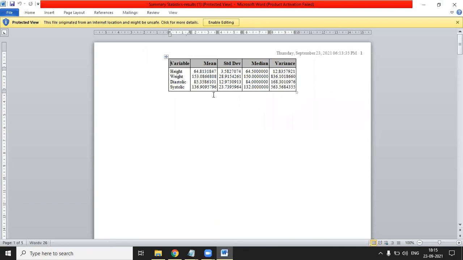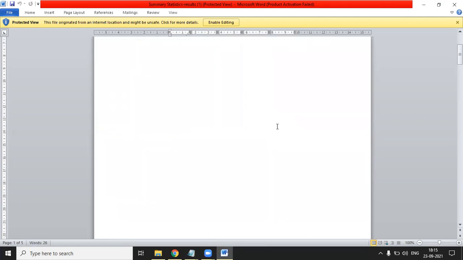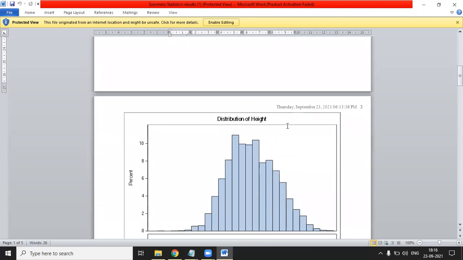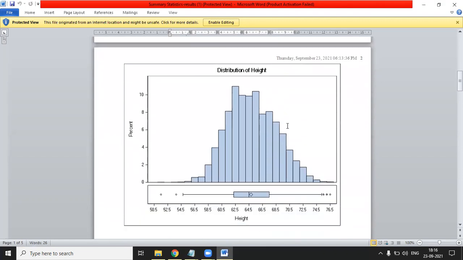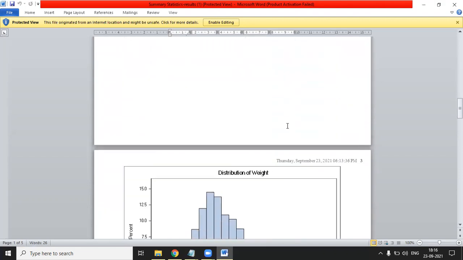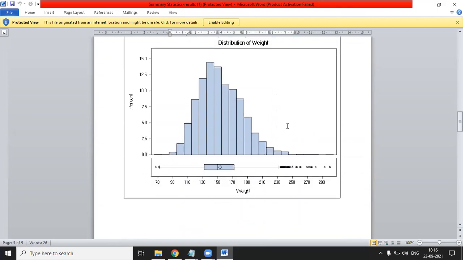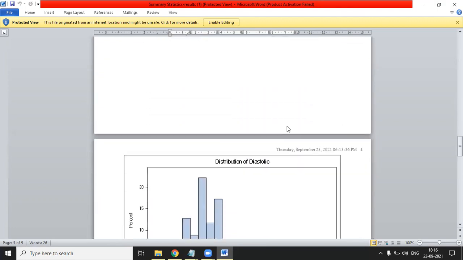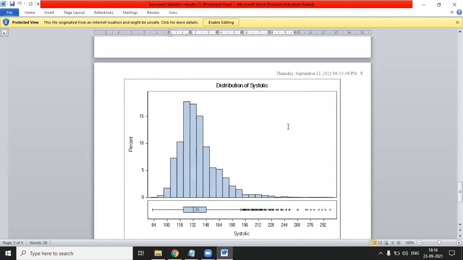You can see the table is selected. Now you can see the day, date and time all displayed in this Word file. Scroll down. The second chart is displayed on the second page. Similarly, all the other 3 charts are displayed in this way. So this is for the Word document.